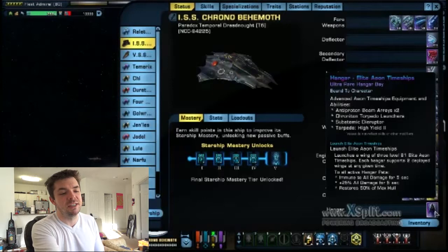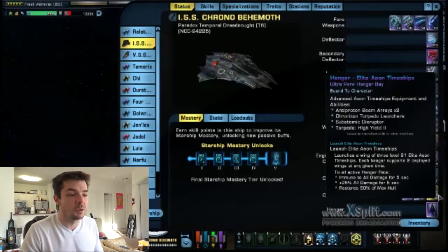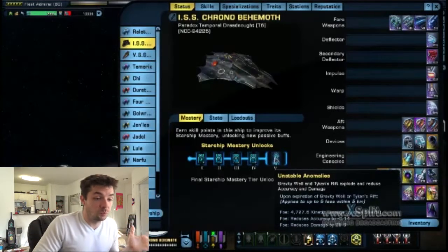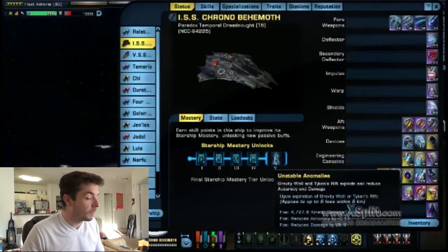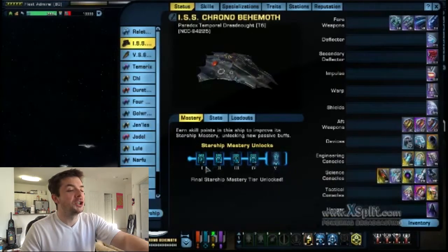And then launch elite. That whole thing down there is my scramble fighters. That little bit. It's actually really cool. As I stated before, the unstable anomalies, which the gravity well and Titan's Rift explode and reduce accuracy and damage. That's just, you know, boom, boom, boom, boom. I haven't actually seen the explosion, but trust me, I've seen its effect. Other than that, it's just got regular